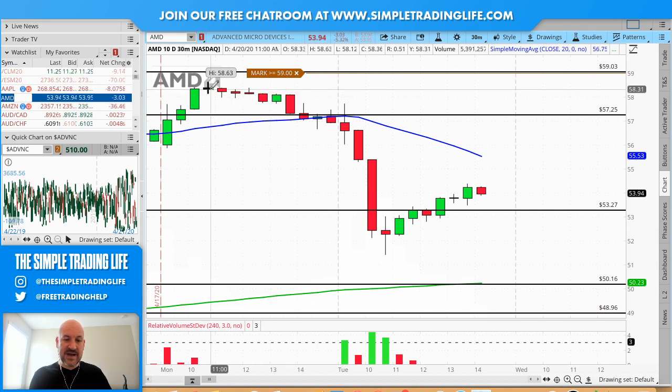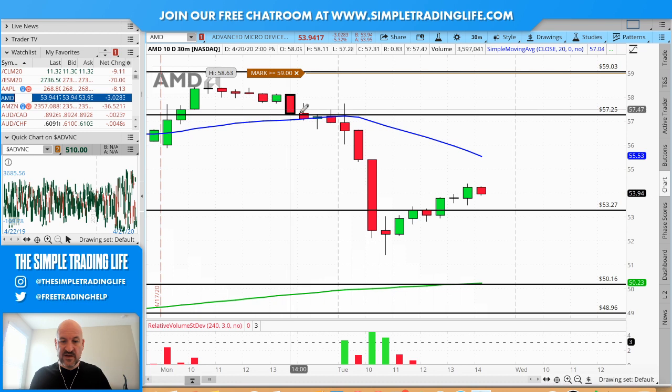However, you can come all the way back up here. It's really from back up here. This is the origin of the move. This is a strong move to the downside. Then we get this. Then we see this candle start to go green. So then what we're looking for is, can this candle take out the top of this? Okay, if it can, or if this one can, that starts to show a change in momentum.